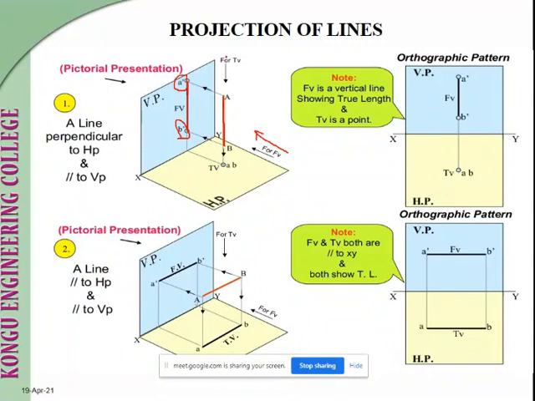And also for top view, we have to look at it from this position. So by looking from this position, we can see only the point called A. We can't see the point B. Okay, so we can't see this point B. So we can mark only a point in the horizontal plane. So this is our top view. But in this point, actually it contains two names. One is called A and another one is called B. So for top view, we have to mark it as AB.